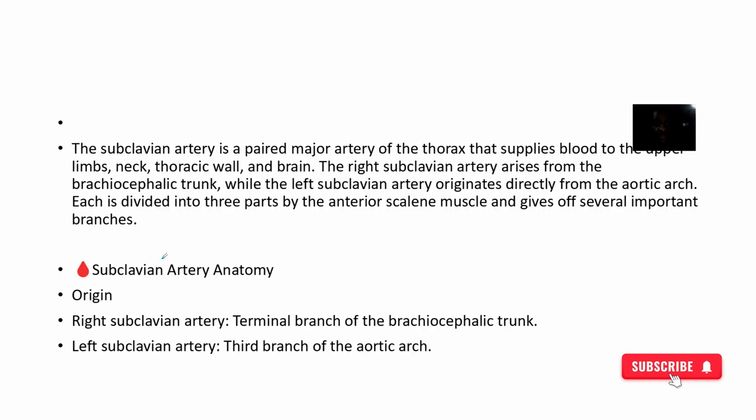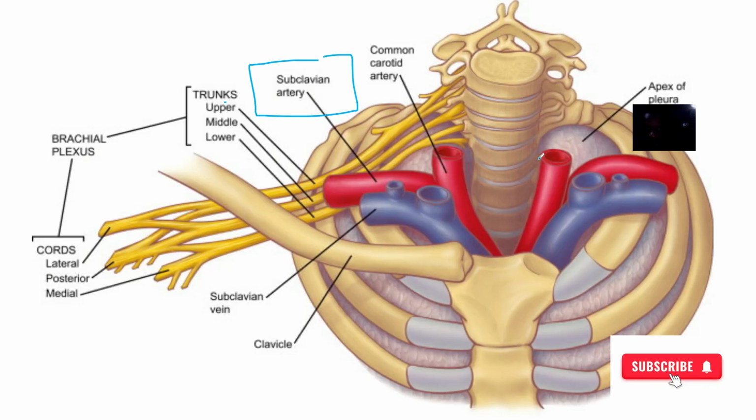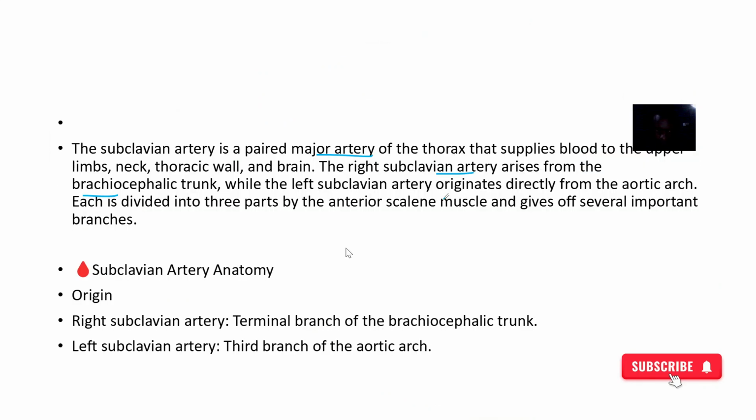So looking at this, we see that it's a paired major artery of the thorax, and it supplies blood to the upper limb, the neck, and the thoracic region or wall, and the brain. Okay, so we see that the right one actually arises from the brachiocephalic trunk, while the left one has a different arrangement. So the right one is the terminal branch of the brachiocephalic trunk, while the left one is the third branch of